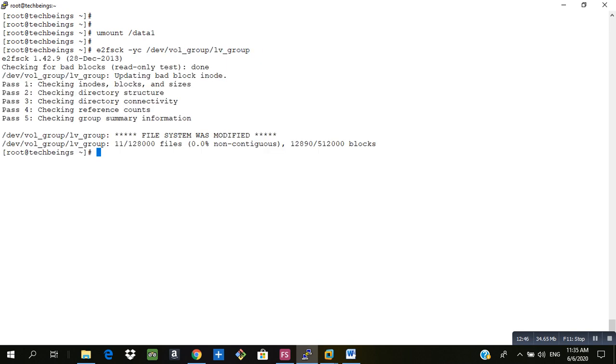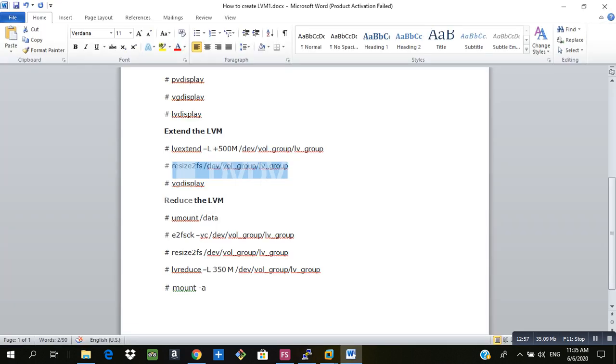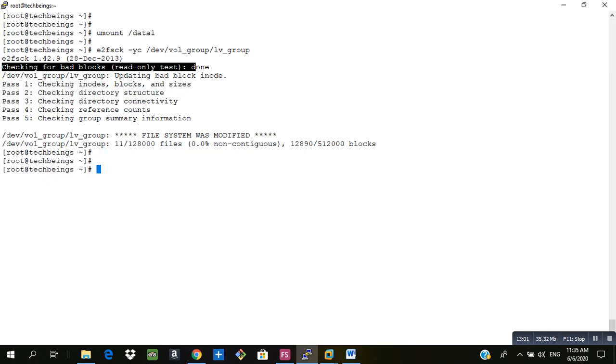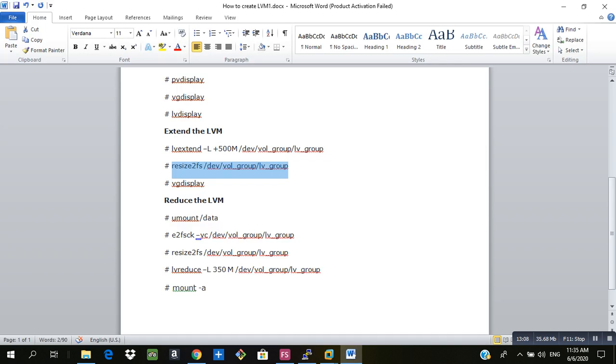As you can see, it is checking for bad blocks, checking group summary information, file system was modified. Okay, now I will resize the logical volume with the help of the resize2fs command.